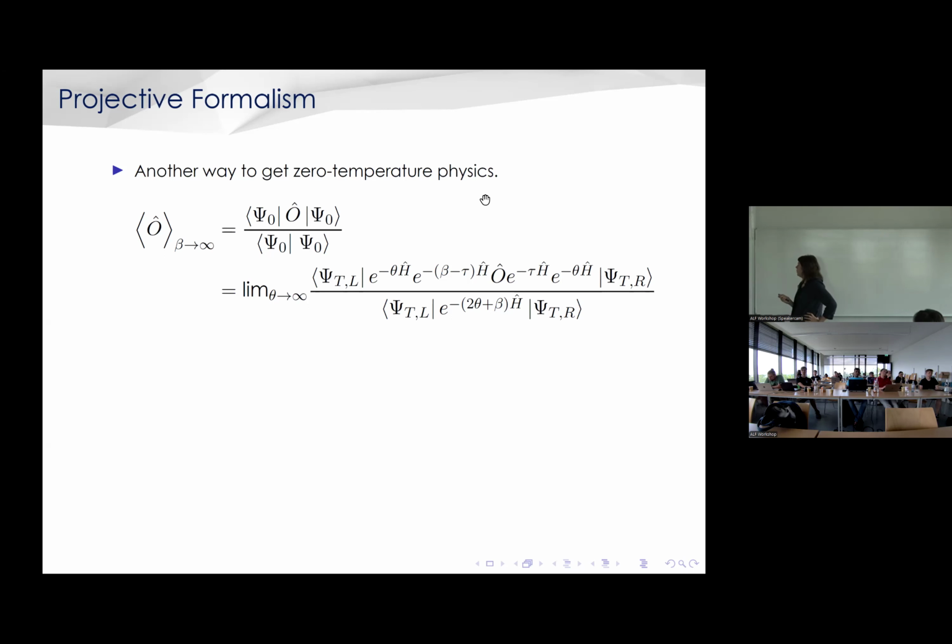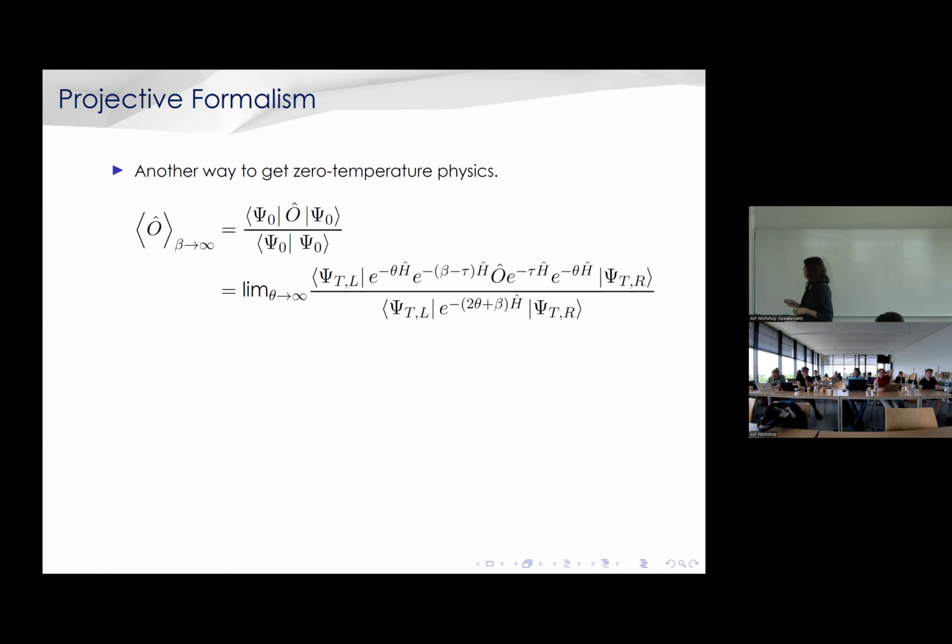Often when we do that, we do finite size scaling and scale beta. But if we are only interested in zero temperature and nothing at finite temperature, an option is the projective algorithm,